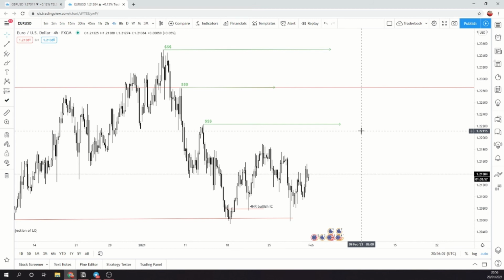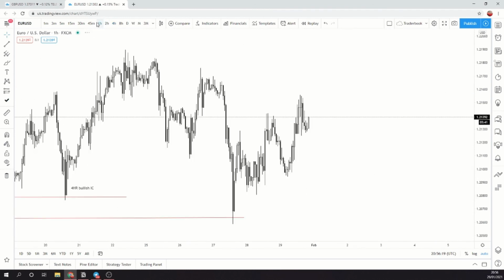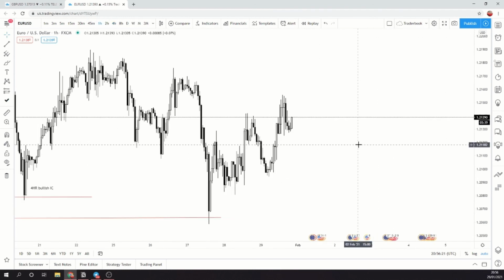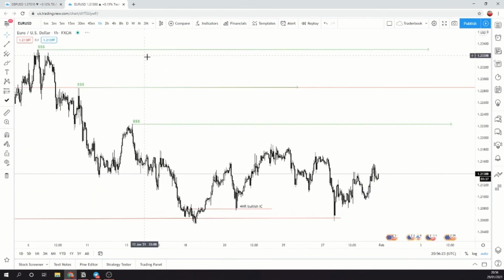We need to focus on our risk more than we focus on the profits, because if we expose our trading accounts to a lot of risk and drawdown, then it really does mess with the psychology side of trading. And obviously jumping down to our 1 hour, it's basically consolidating, if you will,